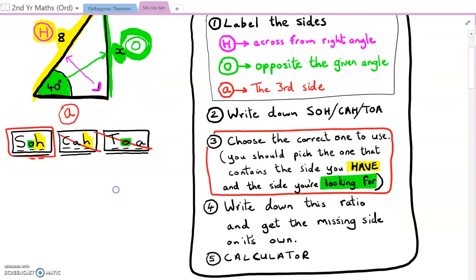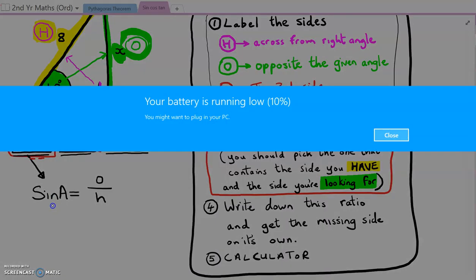Okay. What's up next? Write down this ratio and get the missing side. Okay, so let's write this down. Now that I know that I'm picking sine, I say sine, or sin, equals O over H. That's how I know what to write, because the little mnemonic helps me remember. Now I fill it in. So the sine of the angle,